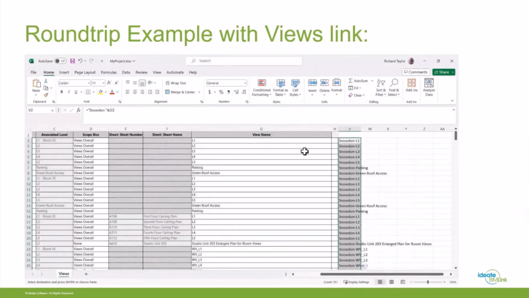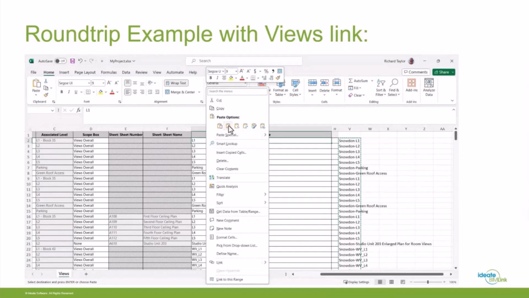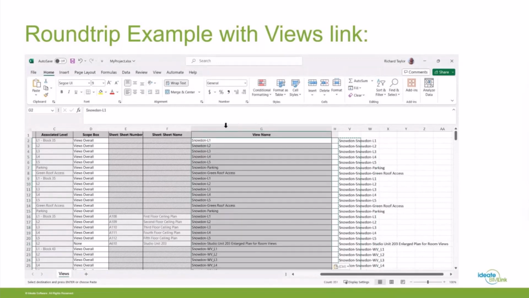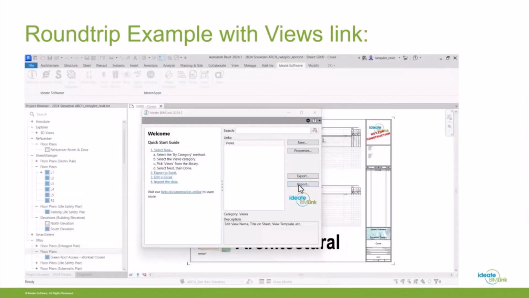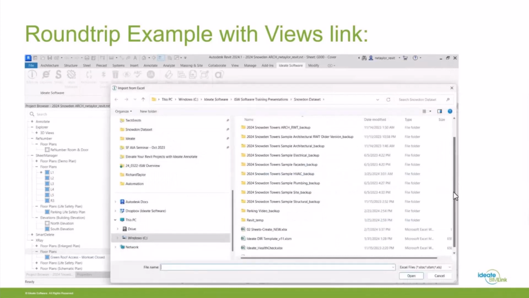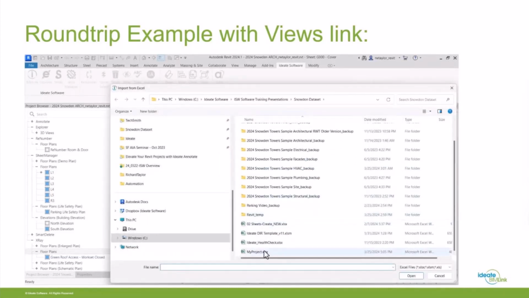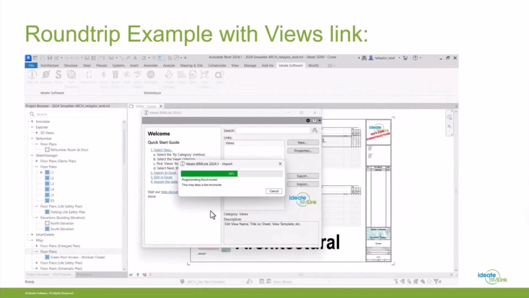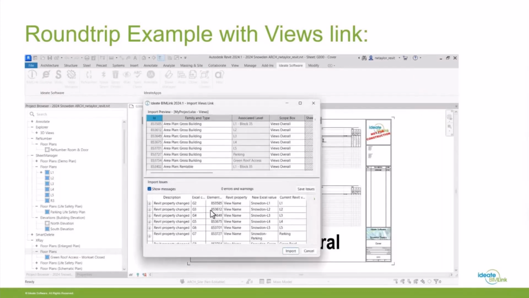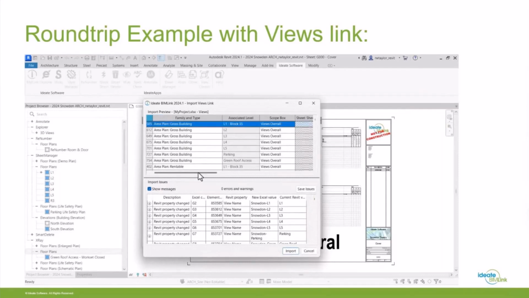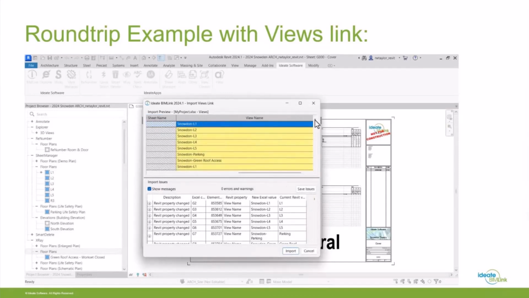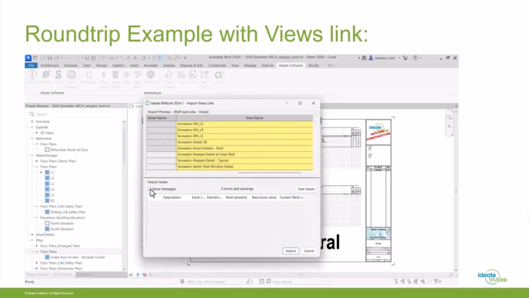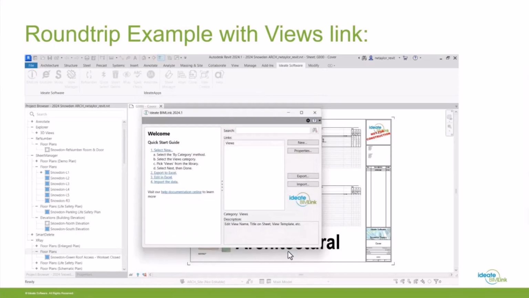So now I can copy those values over to column G, which is really the main column that's going to have the input. So now that I save that, I basically quickly did a prefix of every single view with the word Snowden. I'm going to do the reverse process here where I select the My Project Excel file and import those changes back into the Revit file. Now, I always have the ability with ID8 BIMLink to review the changes before I actually commit them. So I can see if everything's the way I want. I can review any error messages, and then import.